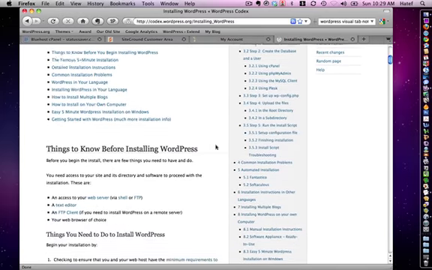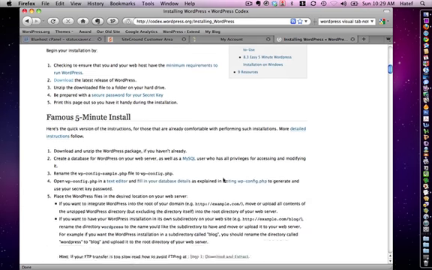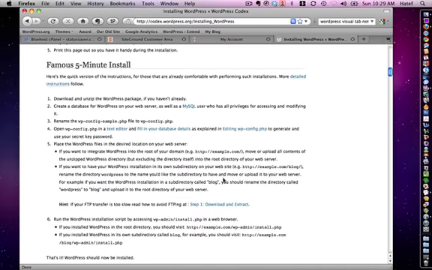They do walk you through this step by step, but it does require some knowledge of things like FTP, and it does require having an FTP client, because you're going to have to do all of this manually. MySQL is the database that you'd have to install, and PHP is also the scripting language that you would have to install. Alright, so we're going to skip this and